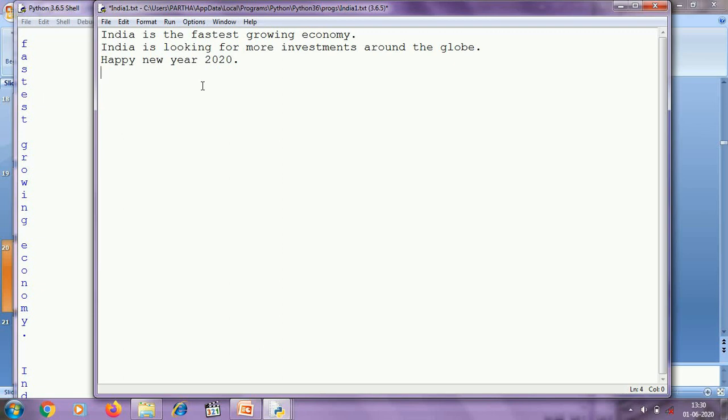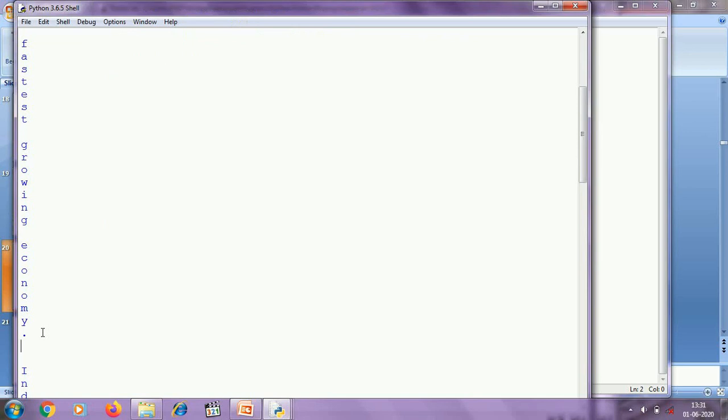But in this program there is a problem. Here in the original text file I have given one new line using enter. That's why the next line is written here. But in the output you can see that after "India is the fastest growing economy." there are two new lines, this one and this one.